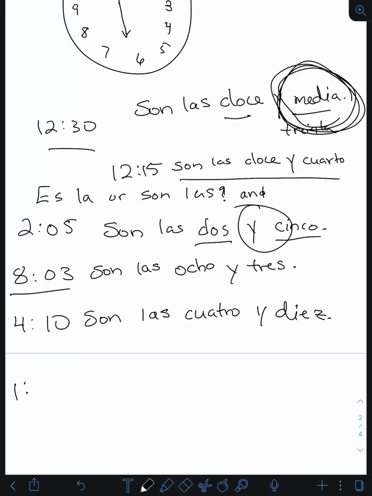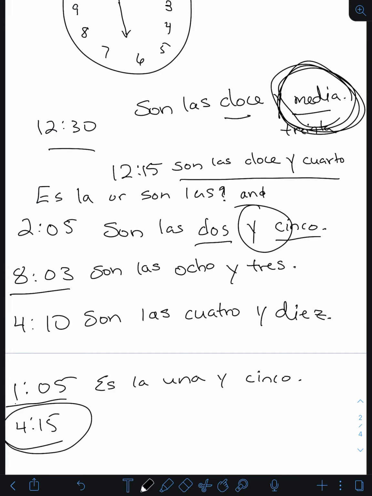All right, we're going to do a fire round here. So let's go 1:05 and let's go 4:15. Is it son las or es la? Well, it starts with the 1 here, so we've got es la una, right? It's 1 o'clock. Y cinco. It's 1:05. This next one is a tricky one. This one always threw me off in high school, so I want to see if you guys get it. So, son las